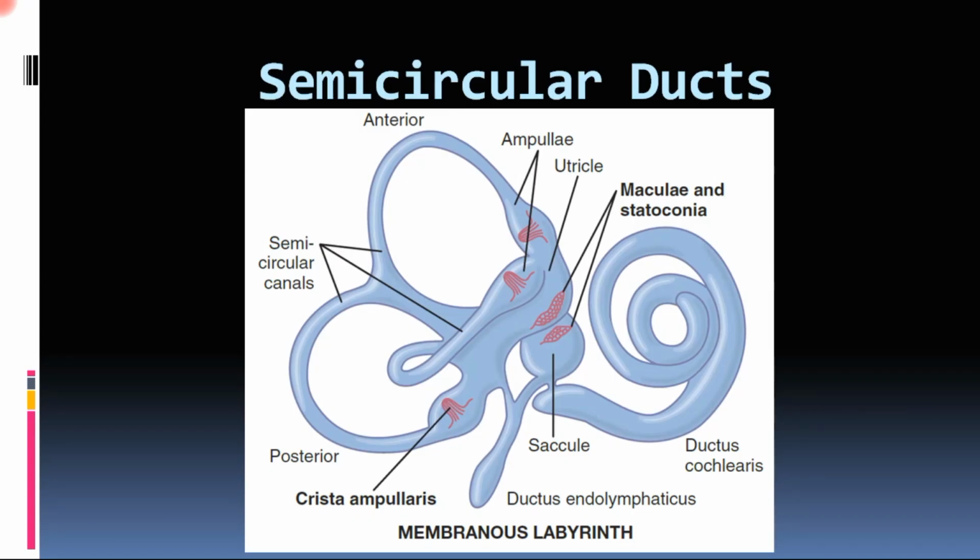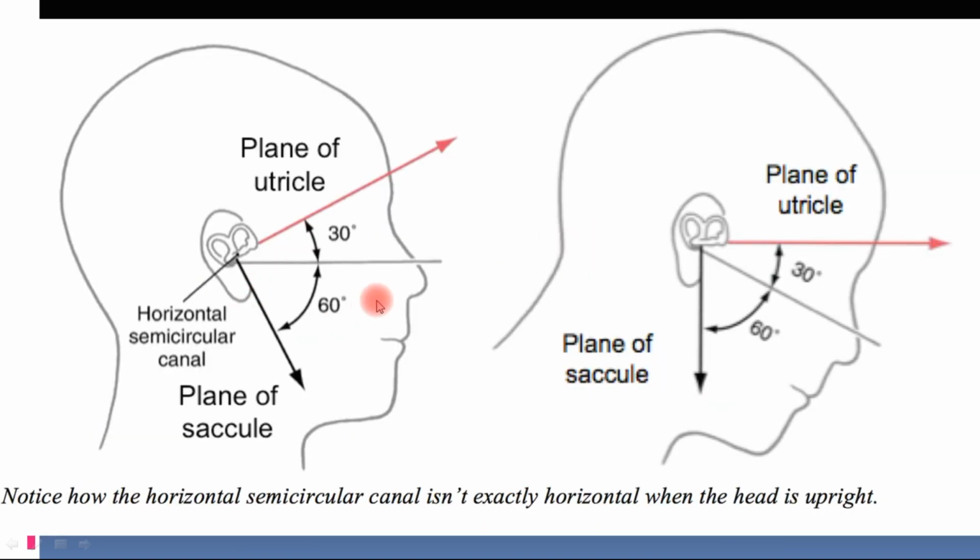Now coming to the second aspect, that is the semicircular canals or the semicircular ducts. As we discussed, there are three semicircular canals: the anterior, the posterior and the lateral. Lateral is also called horizontal, and the names are given because of their arrangement. So let us look at the arrangement of those semicircular canals. First of all, consider the horizontal. This one, as you can see here, is the horizontal semicircular canal. In this picture it is projecting out towards us.